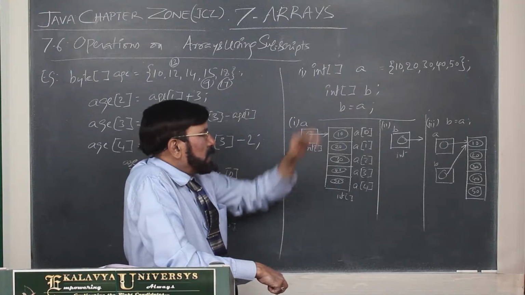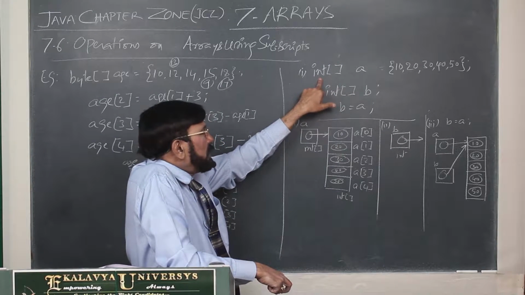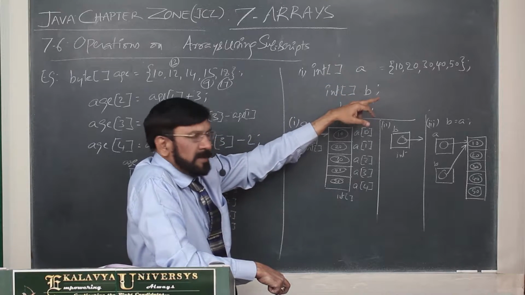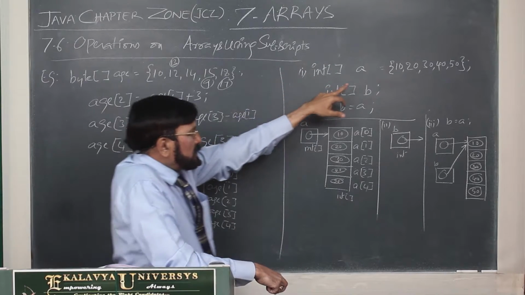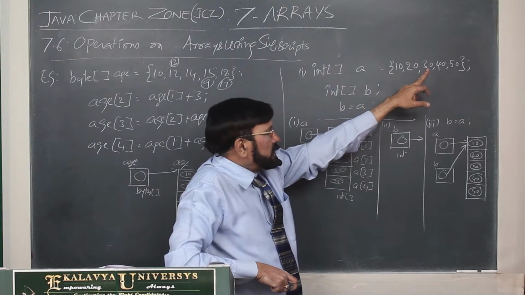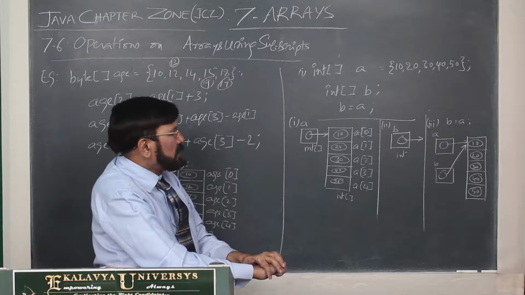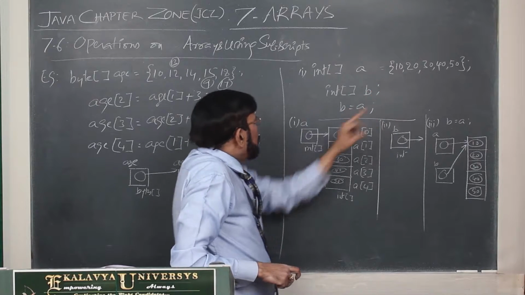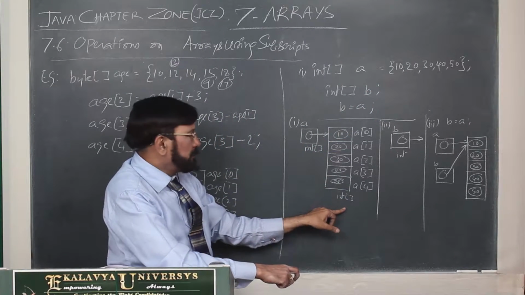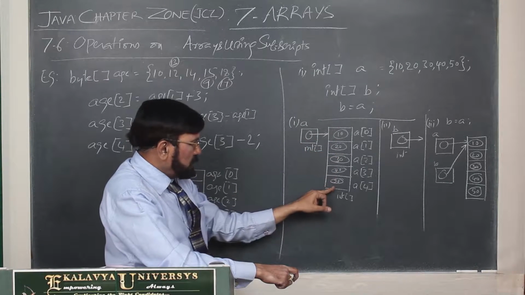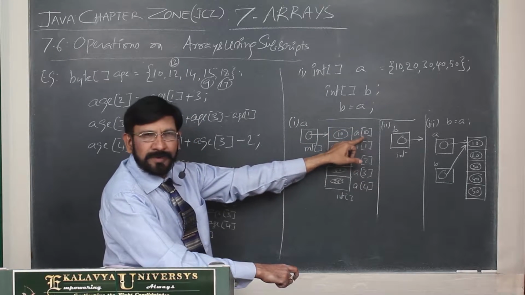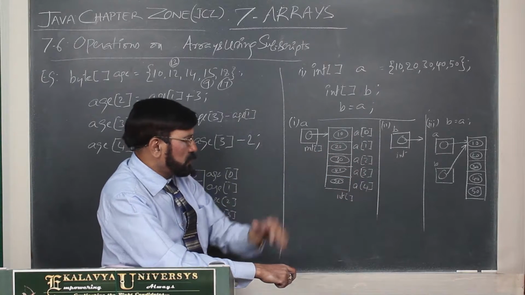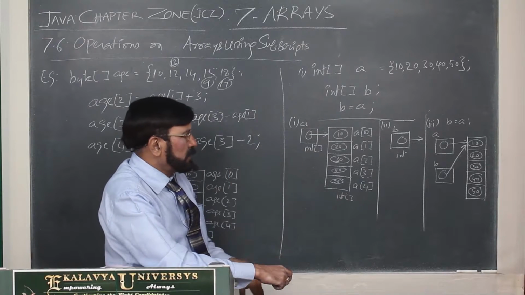Now here is one example I am giving. Integer type array A. In the name of A, I am declaring one array, and this is an array initializer I am using: 10, 20, 30, 40, 50. 5 elements are there, I initialized with 5 elements. As a result of that, this is created. Now array A has 5 elements, and these are the subscripts: A0, A1, A2, A3, A4. Its type is int. This was already explained to you.